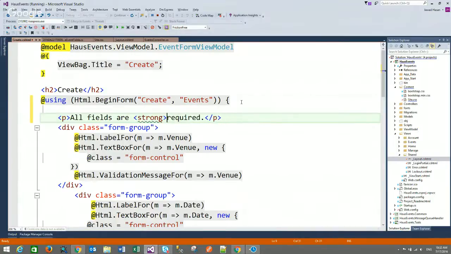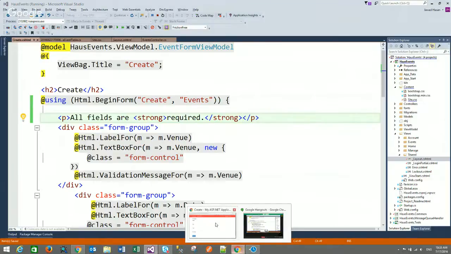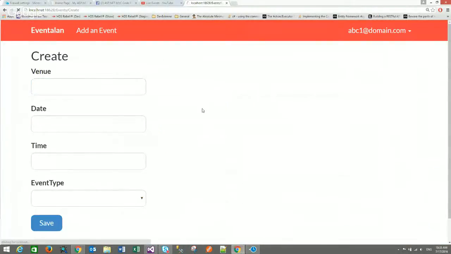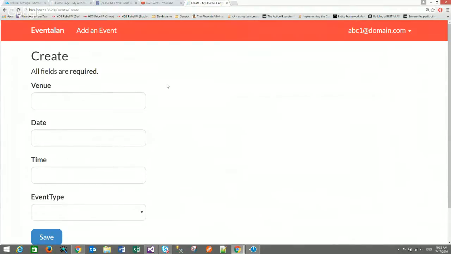Okay, so my emphasis on this one is to save. Go to our Chrome and press Control F5, or just refresh it with this refresh button. Okay, so here we are informing the user, and from a usability point of view, now the user knows what to do. All fields are required, and because they are now mixing a little bit with our labels,